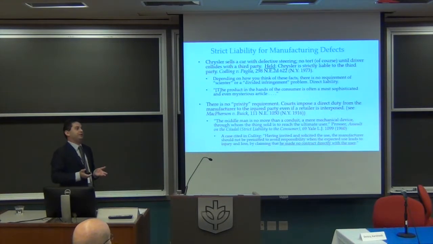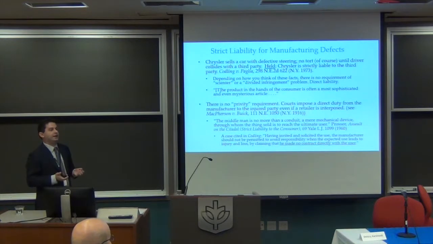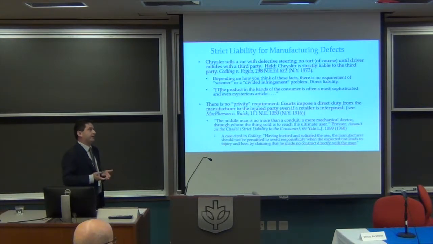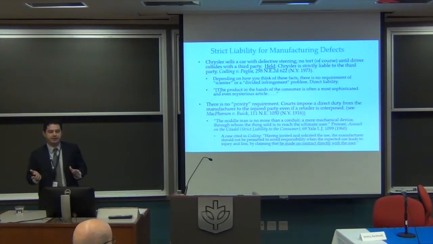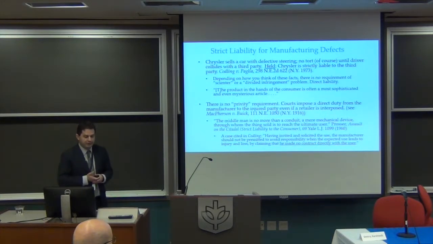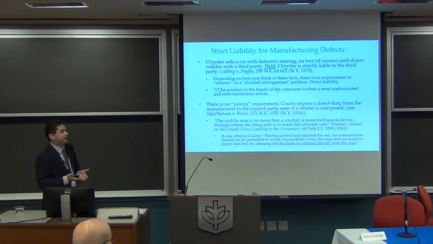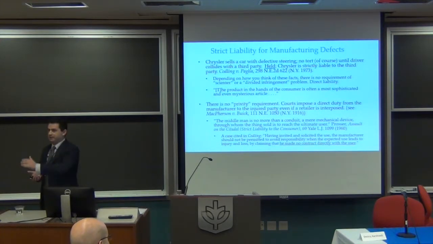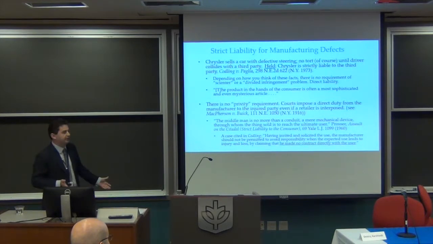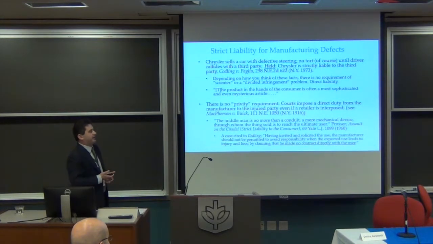Notice if you define the tort as driving a car or colliding with somebody, with a car having defective steering, that's sort of an inducement case, right? Because Chrysler didn't collide with anybody, right? They just made a car that was defective. They seem like a divided case where Chrysler introduced a defect, but the driver collided with somebody. But the courts don't even think about analyzing this as a secondary liability issue, right?